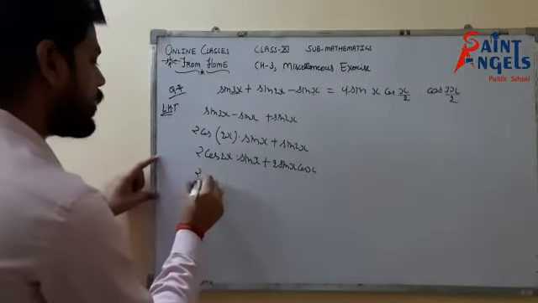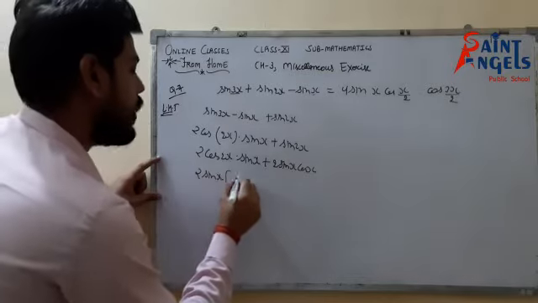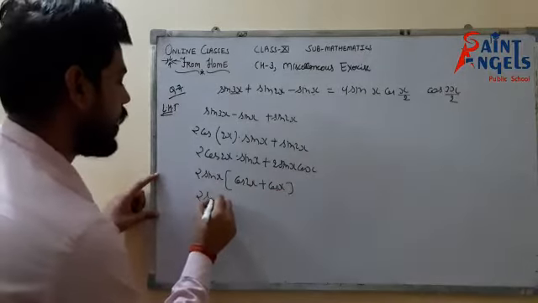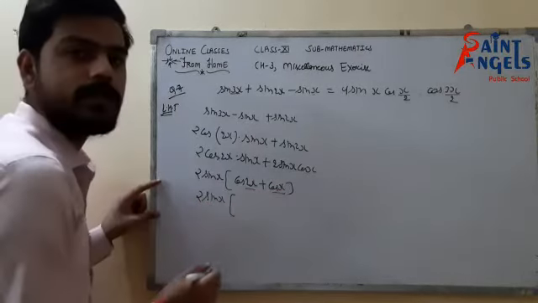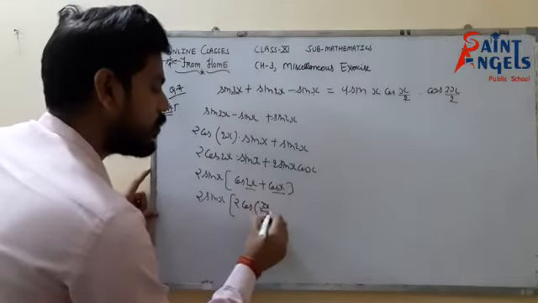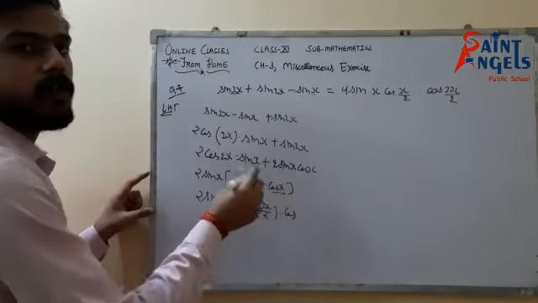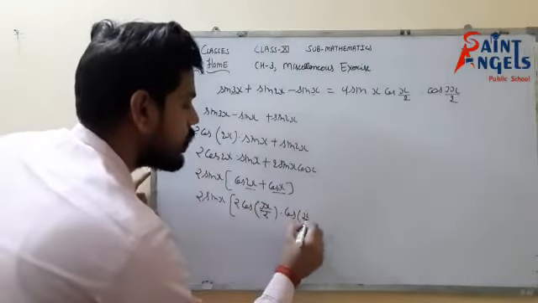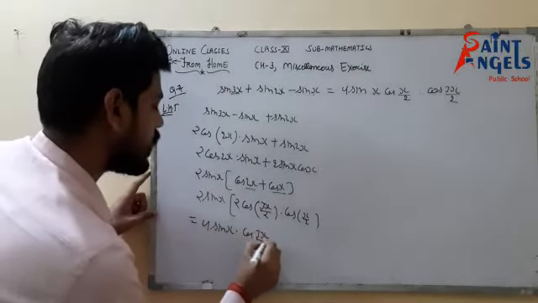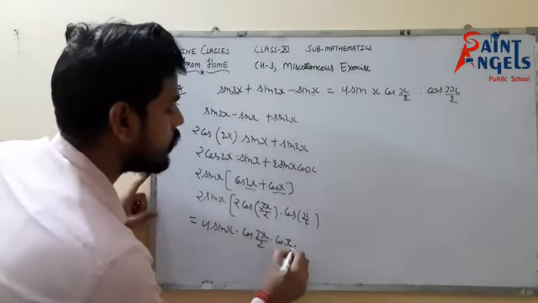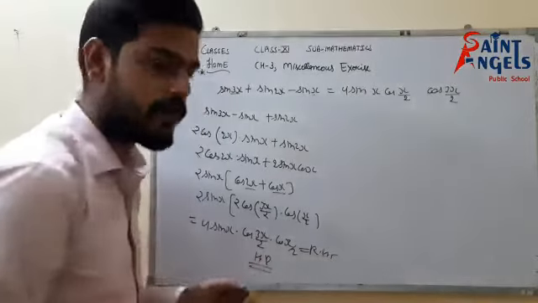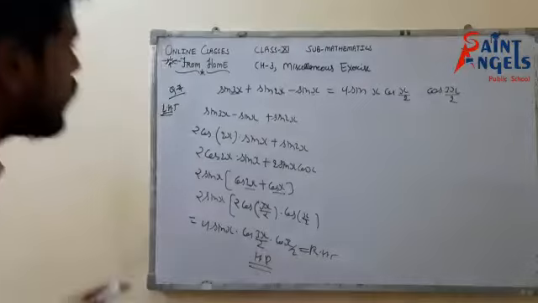So from here I can take 2 sin x as common, and I will be left with cos 2x plus cos x. Now apply the formula of cos a plus cos b. That would be 2 cos (a+b)/2, (2x+x)/2, 3x upon 2, into cos (a-b)/2, (2x-x)/2, x upon 2. So that is 4 sin x cos 3x/2 cos x/2, which equals our RHS. Hence, look how easy these questions are if you remember the formula. Okay students, please pause the video and note it down.